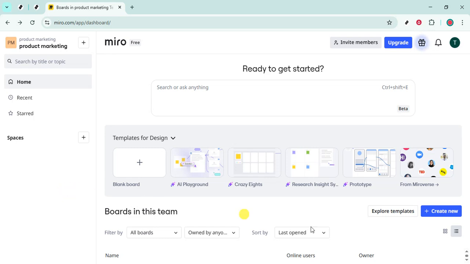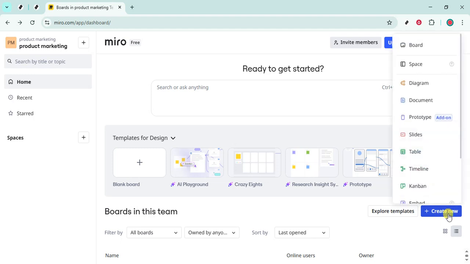On the dashboard, you'll see your recent boards and options to create something new. This is where we're going to begin the presentation setup. Look toward the top or left side of the screen for the option to create a new item. Click Create New. Depending on your plan or interface version, you might see a menu with different types of items